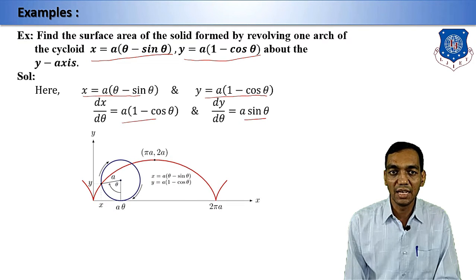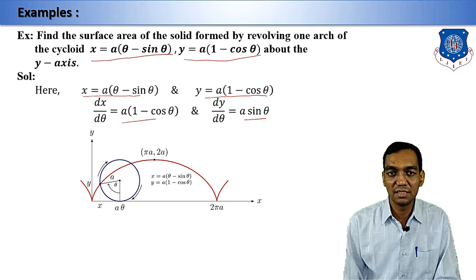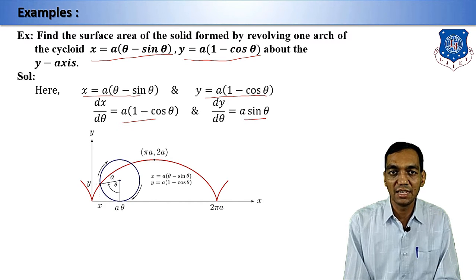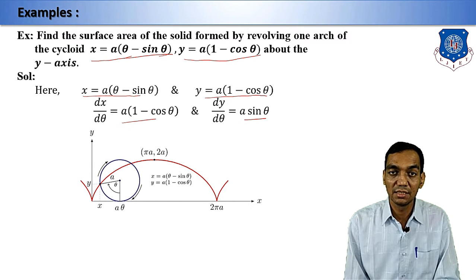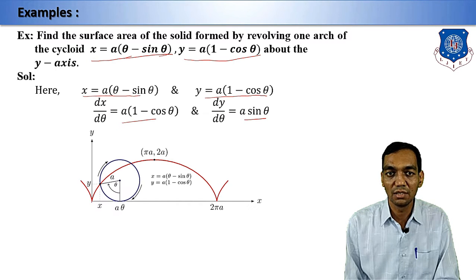Now we are concerned with the figure. See, this is the figure of an arc of a cycloid which is starting with theta is equal to 0. See, we are starting by putting the values here. If you are going to put theta is equal to 0, then this value is 0 and sine theta is also 0. So 0 minus 0, that means x is 0. In the same manner here theta is 0, then cos theta is 1. So you have 1 minus 1, 0. So x and y both are going to be 0. That means your cycloid is starting with the point (0, 0) here.